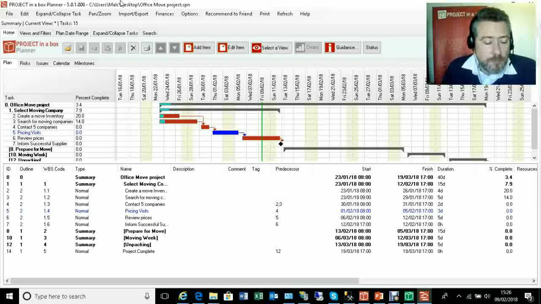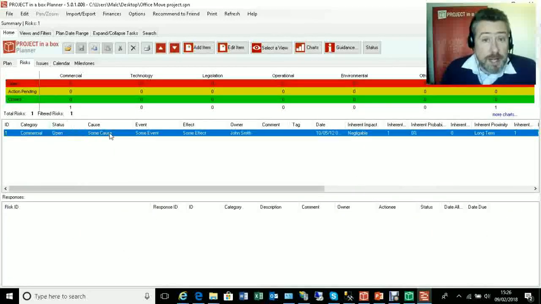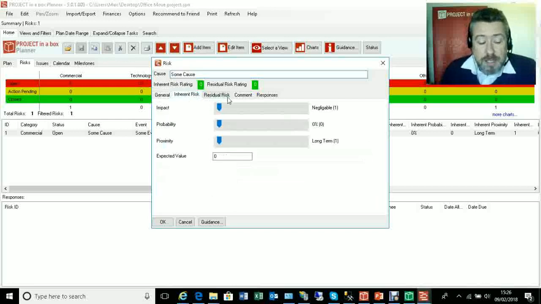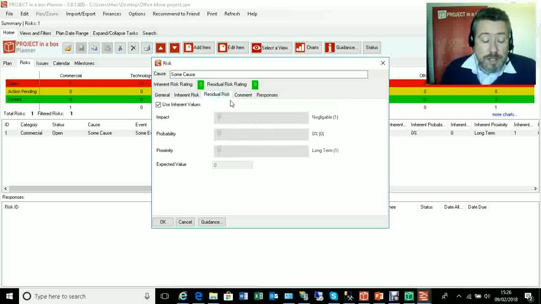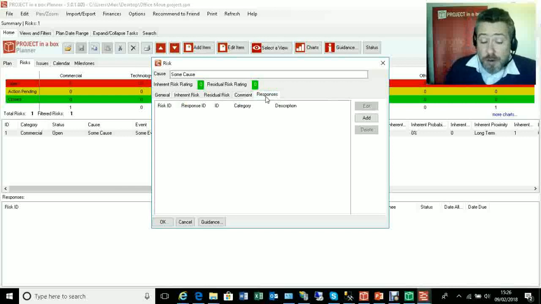Risks and issues. We made a passing comment about risks and issues about managing responses. So we said when we were managing our risk, and we were really just talking about this sort of earlier level, we're going to rate our risk, inherent and residual, and we're going to keep a commentary on how we're managing the risk. But actually it's quite common as people mature again to manage a more formal response model.